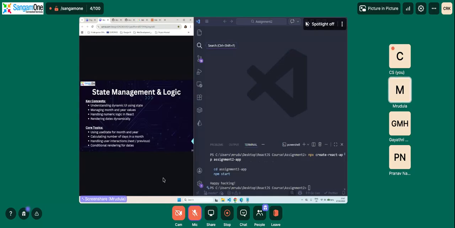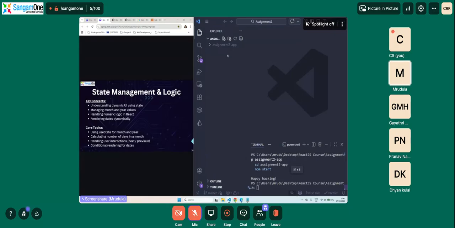So there are 11 years, 11 into 12. That is too huge a number of files for you to update every single time, correct? So in order to avoid that, what we do is we dynamically display. We use some logic and then we dynamically display the dates, the month name, the year, everything. Now we will see how we do it in our project.